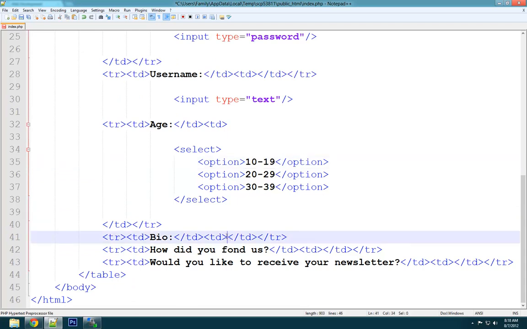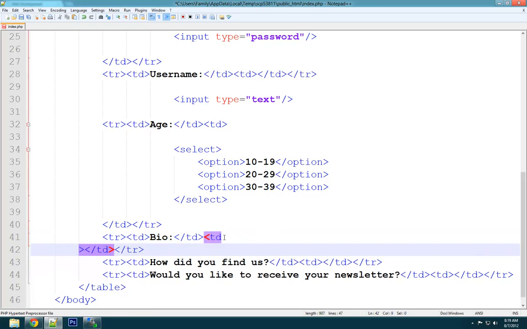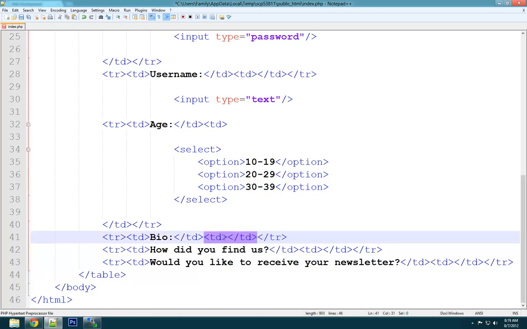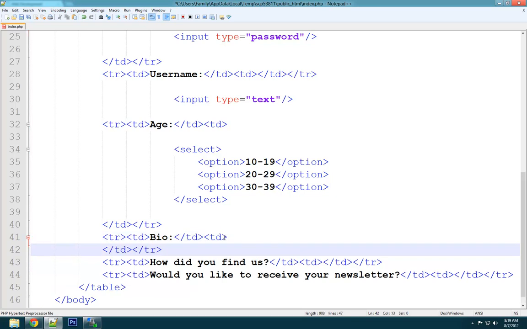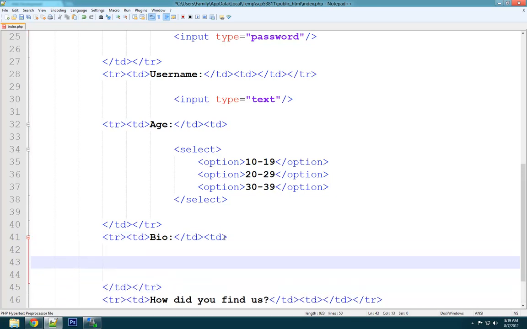Okay, so biography, this is just so that we can include all of the field types. How did you find us? So the next thing is going to be the biography type, and of course we don't want them to be limited to one line, so we're actually going to use a text area tag. And this is not a short tag like you might think,